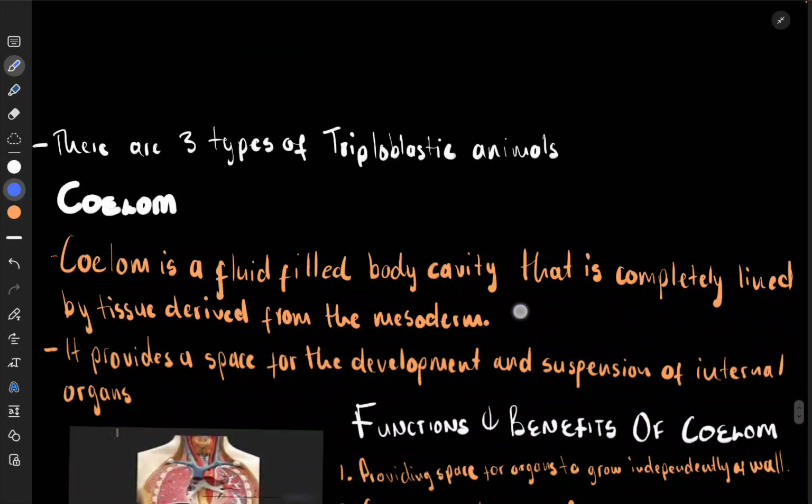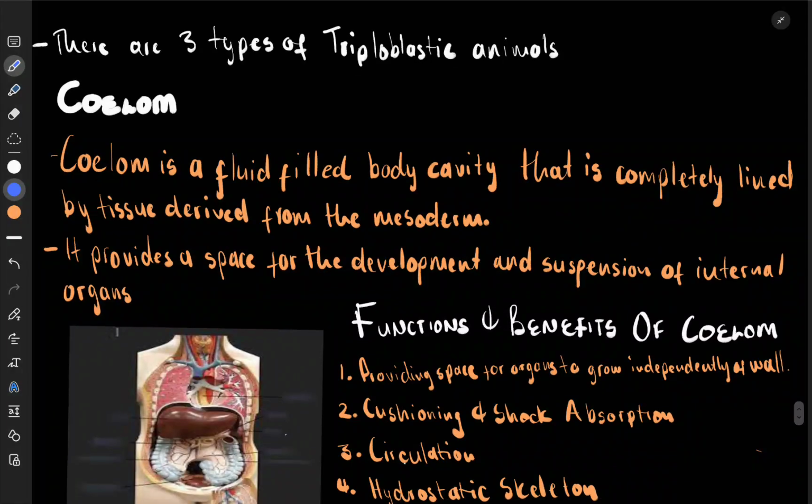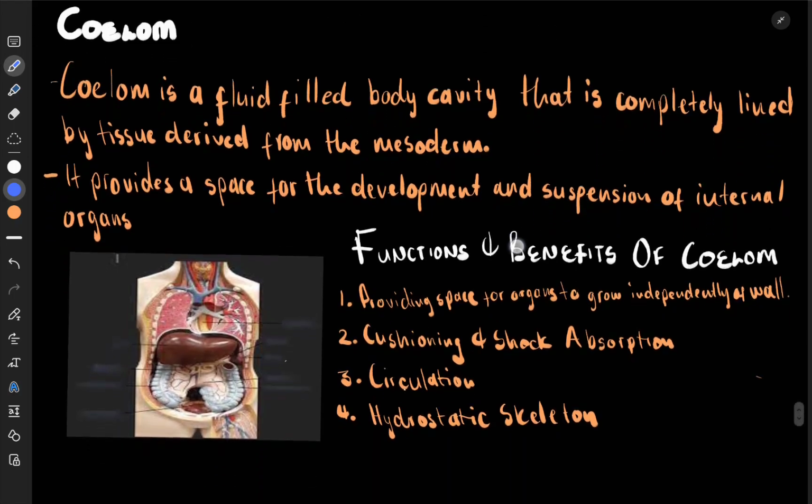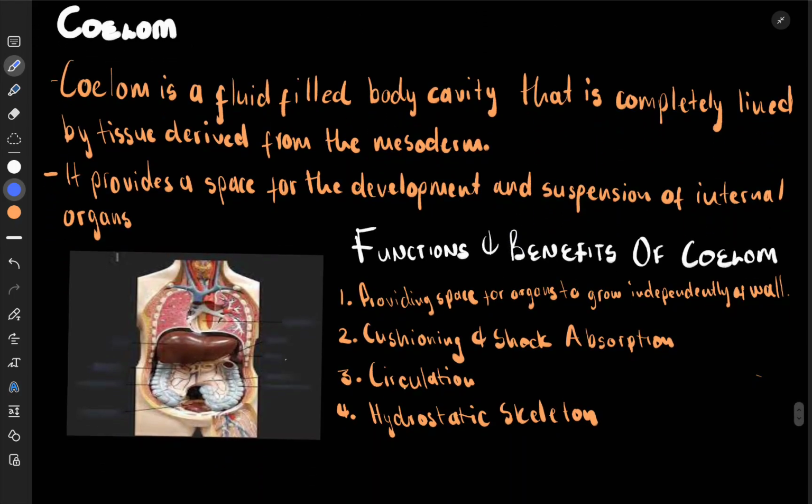Let's go through animals. So here, that is what it's saying. Here's the statement which says there are 3 types of triploblastic animals. We want to get to know them. But for us to understand them, first we must know about something called a coelom. Okay, coelom, when you spell it, it's actually